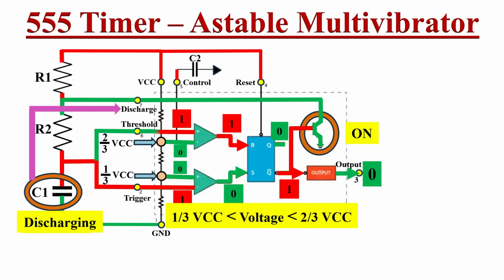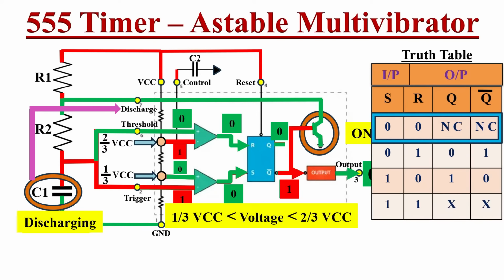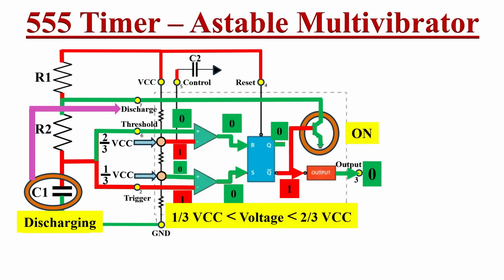Threshold input changes to logic 0 and 2/3 VCC level becomes logic 1. Hence the first comparator output will become logic 0. But the second comparator remains 0 because there is no change in its input state. So according to the RS flip-flop's truth table, if both inputs are 0, then output will not change. Here output Q bar remains logic 1 state and